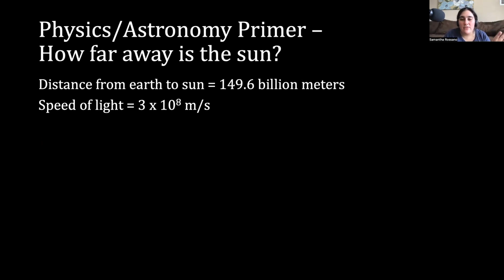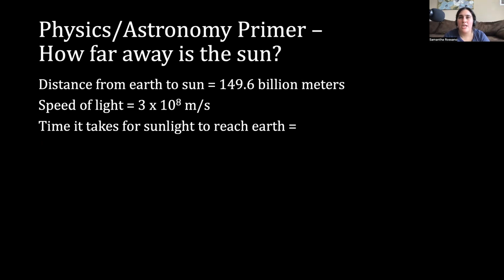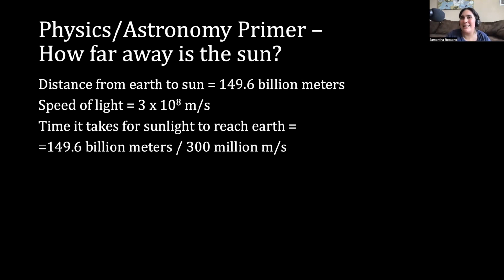So if we want to figure out how long it takes the light from the sun to reach Earth, we can do a simple calculation where we take the distance from the Earth to the sun and divide it by the speed of light, which is 300 million meters per second. And we find that the answer is 498.667